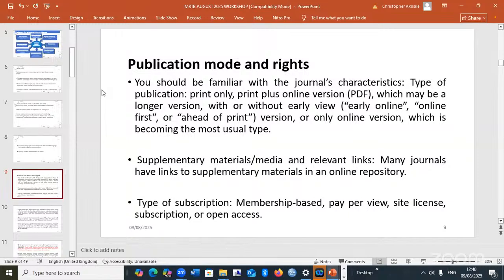And then we have journals that are basically only available online without having the print. The online-only versions are becoming more popular than the print-only or print plus online versions. Why? The cost of publishing is massive, and this increases when you consider printing hard copies.